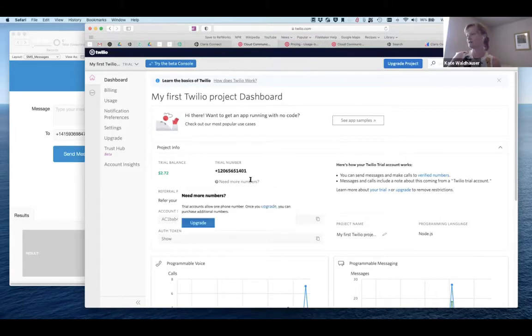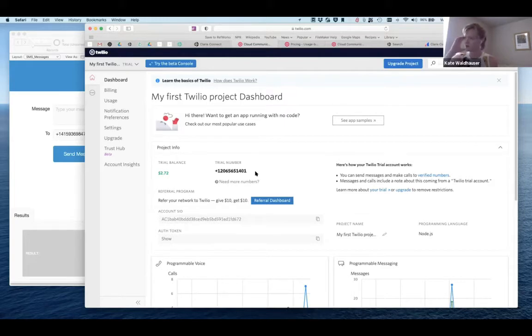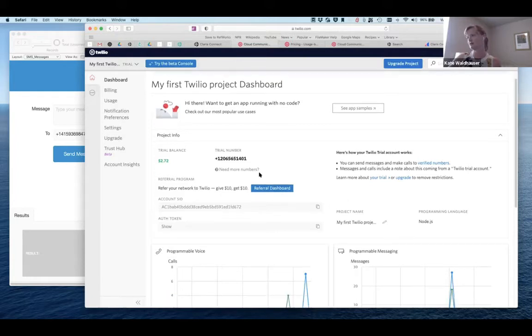You also select a phone number. I already did this step, so I can't show it. You can select an additional phone number, but this is our phone number for our trial. That's an important part of how Twilio works. They maintain an inventory of phone numbers, so you can buy phone numbers here, upgrade, or purchase more. That's what they use to connect the APIs.